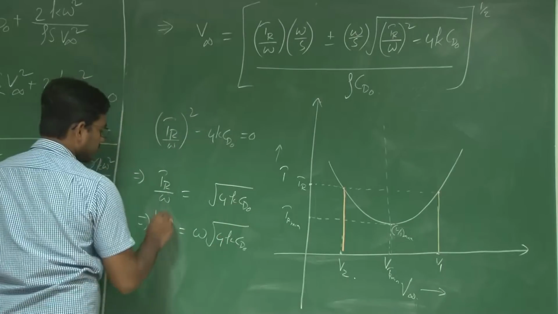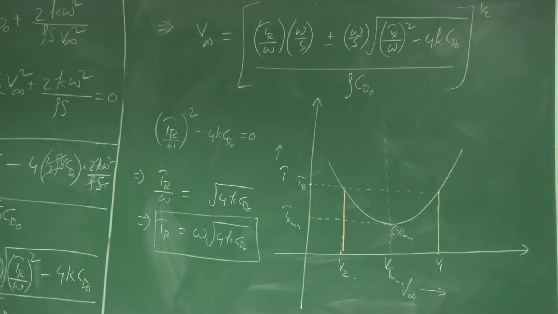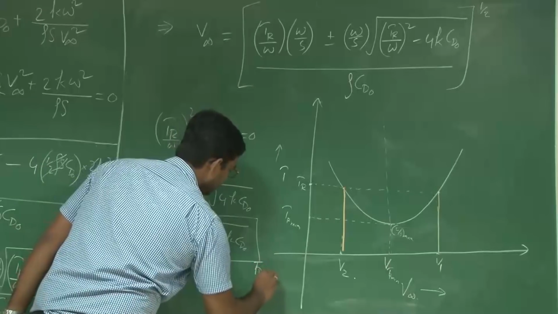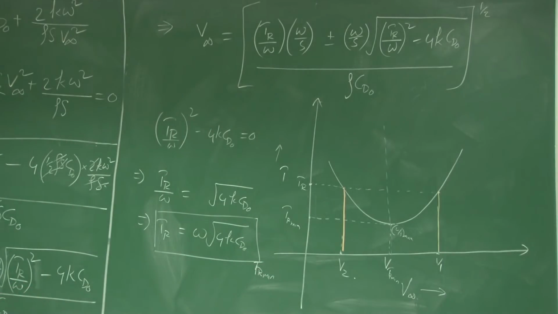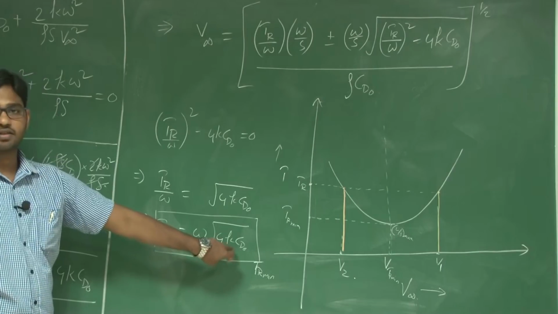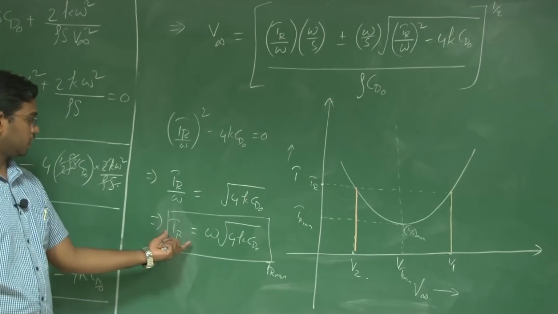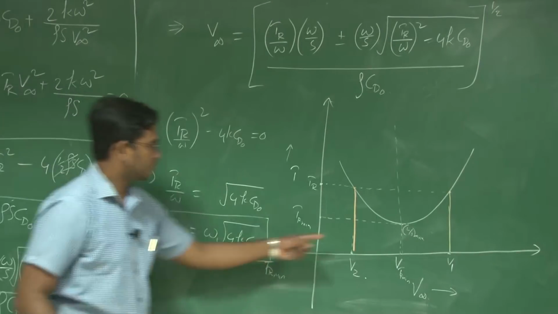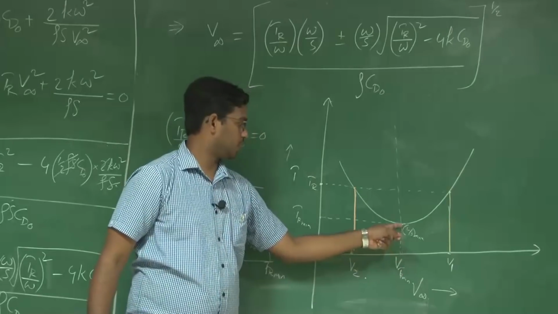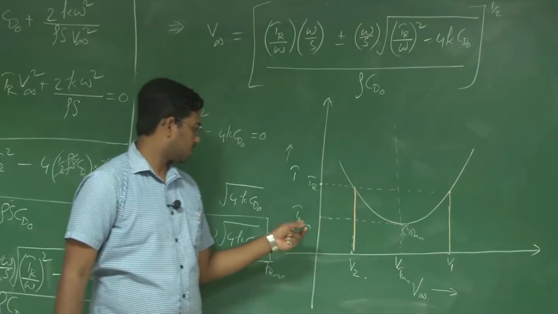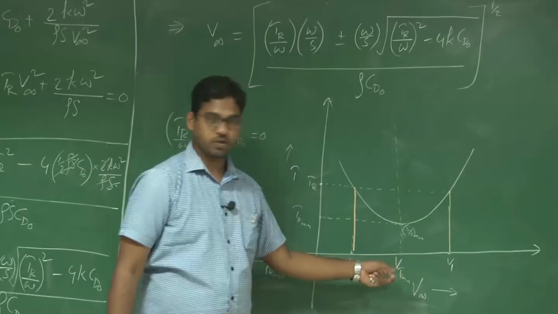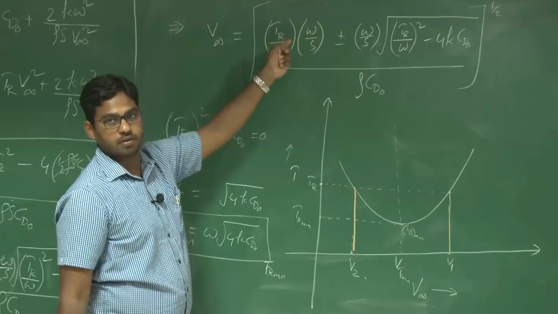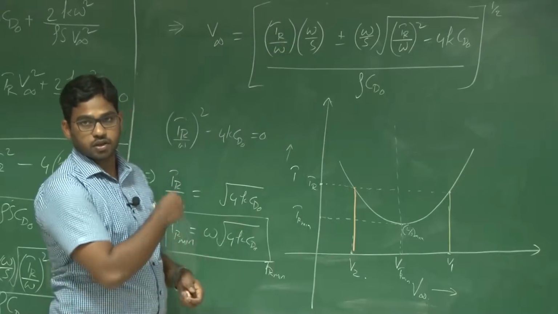So is it not the minimum thrust required condition? This is the minimum thrust required, TR minimum, where L by D max is 1 by root over 4K CD naught. What is thrust required? W by L by D, right? So this point corresponds to the thrust required minimum condition, and the corresponding velocity you can attain. If you equate it to 0, then you will have a unique solution, from which you can find out the corresponding velocity of flight.